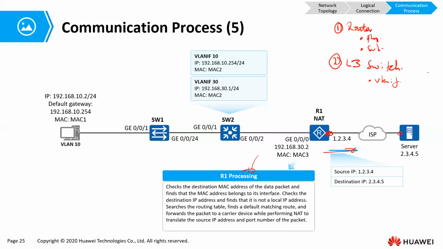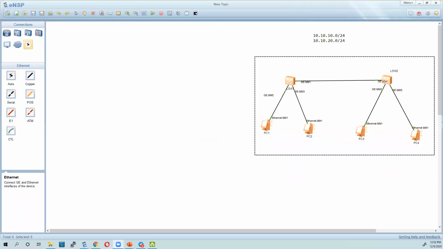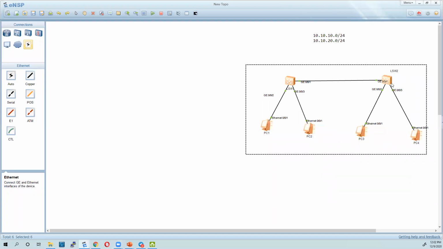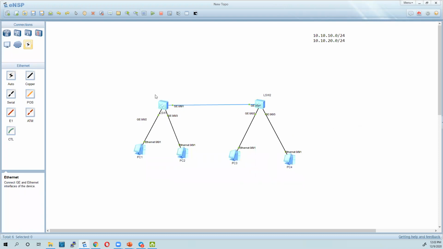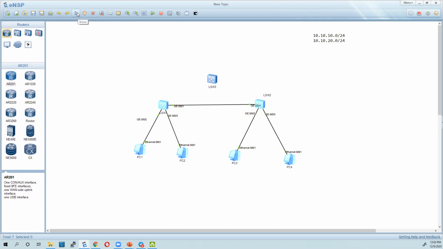Let me see if I can increase something small on our earlier topology, and those of you who have not seen this before actually see it. You have the eNSP screen now. So what I'm going to do is to add a third switch there.